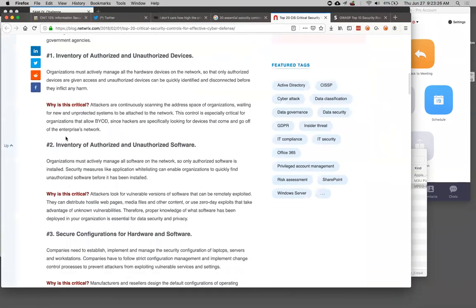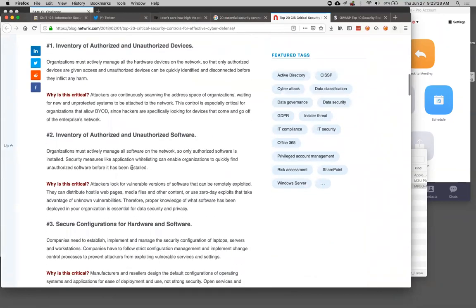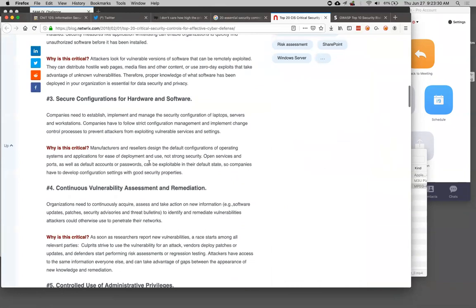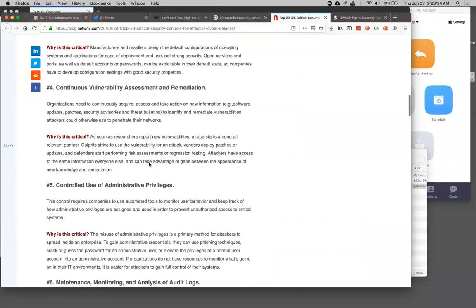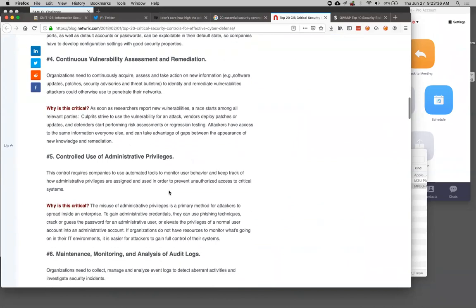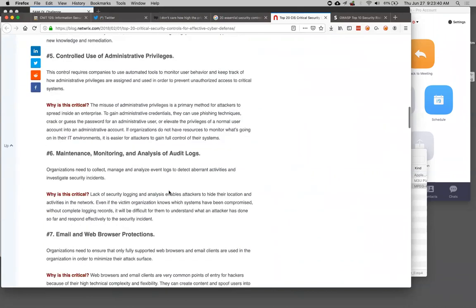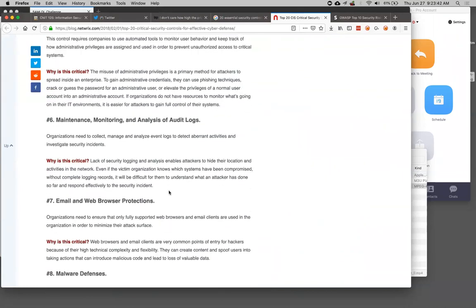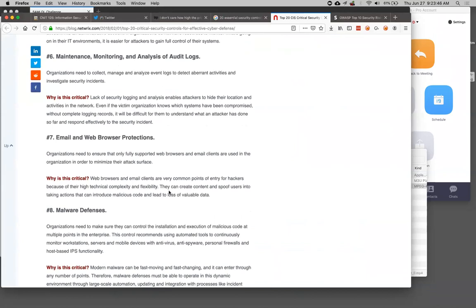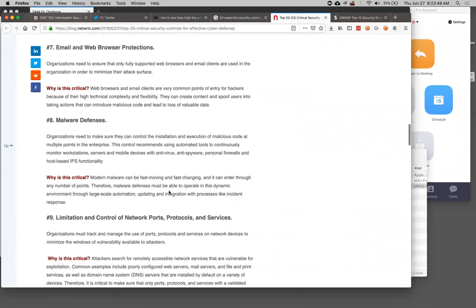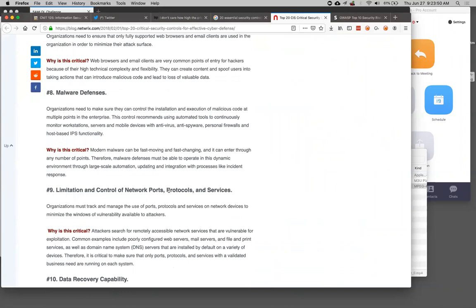That you know that you have to inventory all your devices, you have to have secure configurations and configuration management for your routers and switches and firewalls, vulnerability assessment, and limit least privilege, so not everybody's logged in as administrator. That's why these should be familiar controls for people. Audit logs, email and web browser limitations, malware defenses, you know, these are really nothing more than common sense security measures.